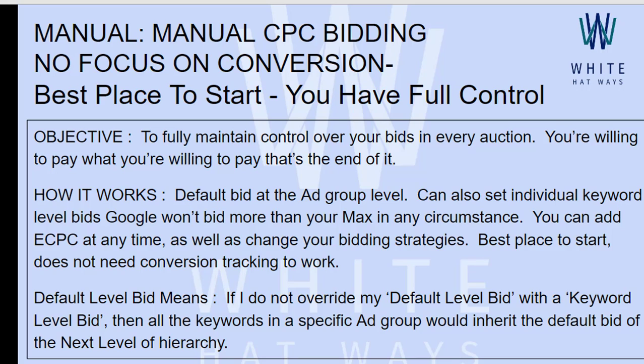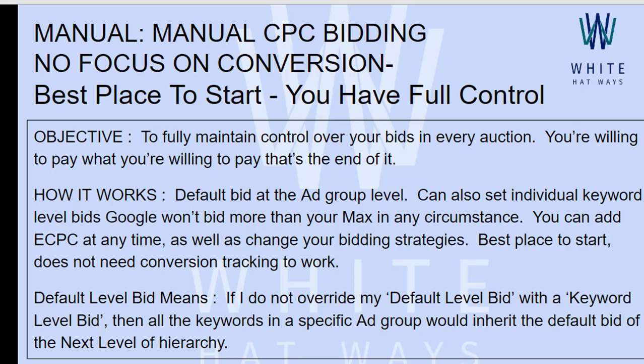So how does it work? Default bids are set at the ad group level. So we would be setting the default bids at the ad group level. As the structure of the account goes, at the top we have the account level, then comes the campaign level, down below we have the ad groups. In the ad groups we have keywords. So when you set default bids at the ad group level, all the keywords down below in those particular ad groups will acquire the same default bid which you have set at the ad group level.